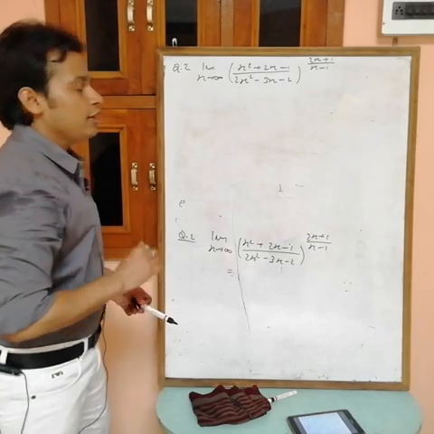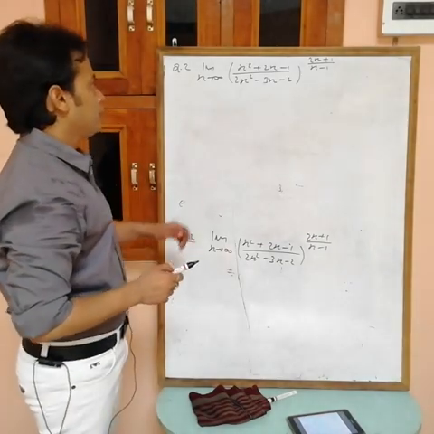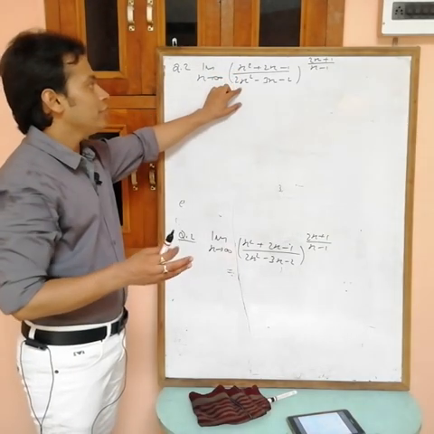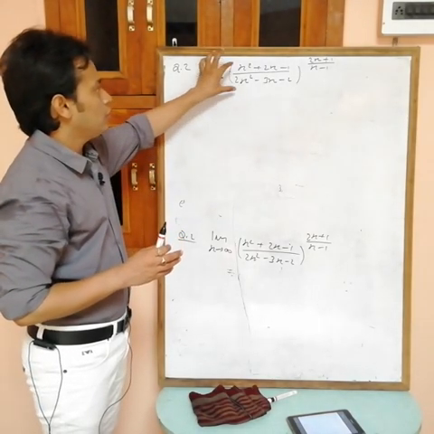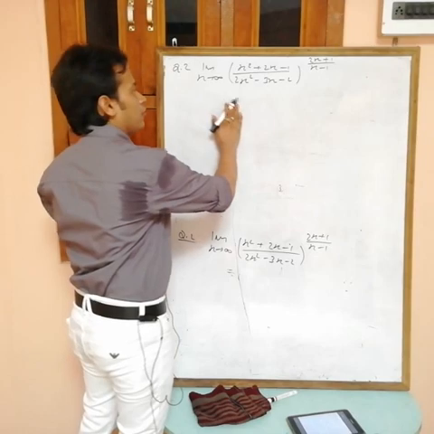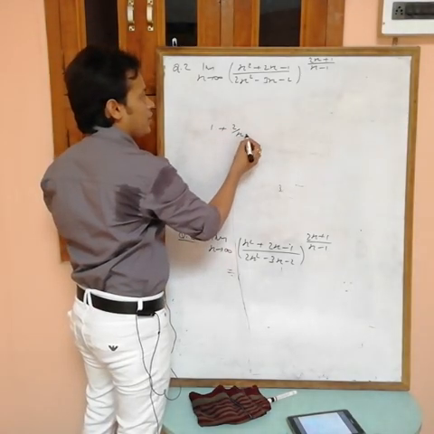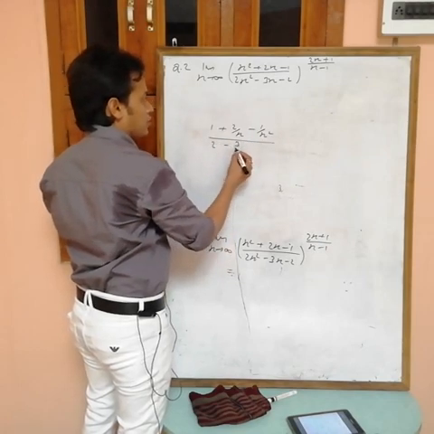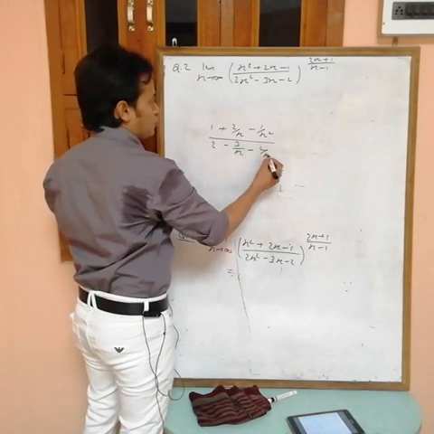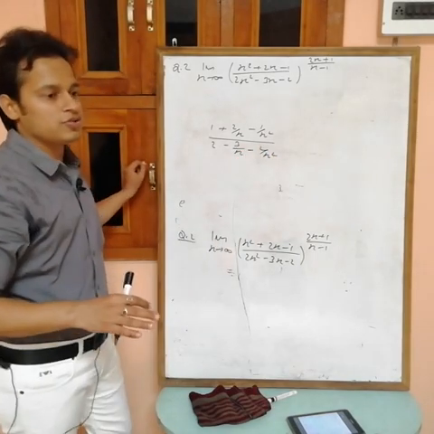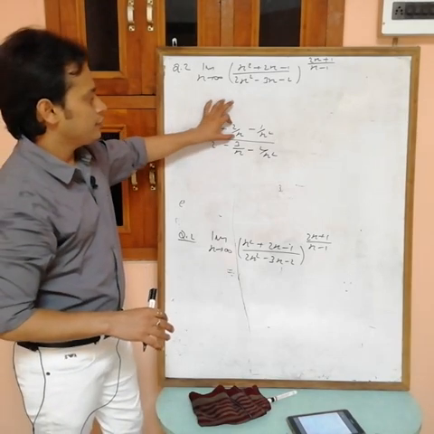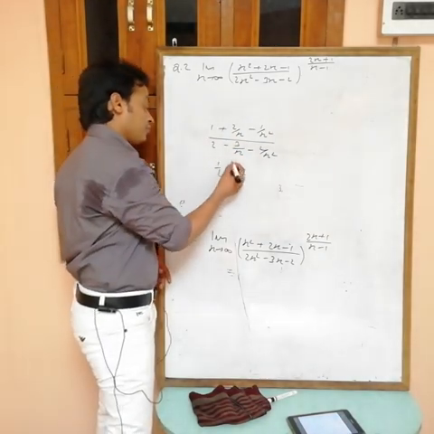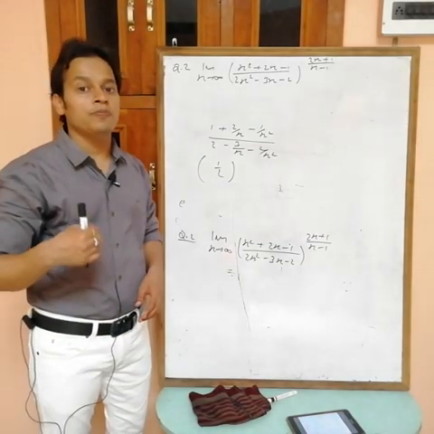Now see, if you put x equals infinity, what are you getting? This is polynomial by polynomial, it means we can take common x². If you take common x², what you will get? (1 + 2/x − 1/x²) over (2 − 3/x − 2/x²). Now if you put x equals infinity, what will you get? 1, and the others are 0, 0, 0, 0. What we are getting is 1 by 2. Now this is not a 1 power infinity form.